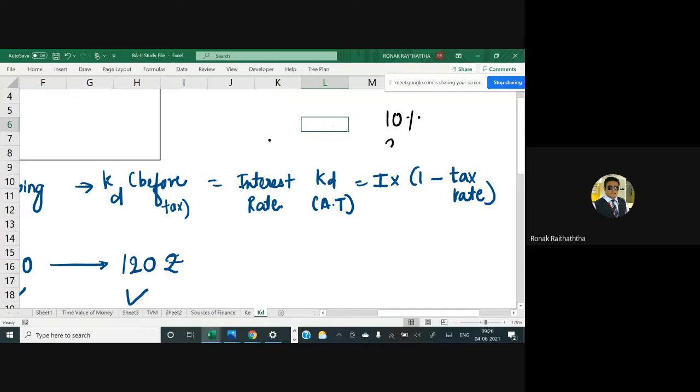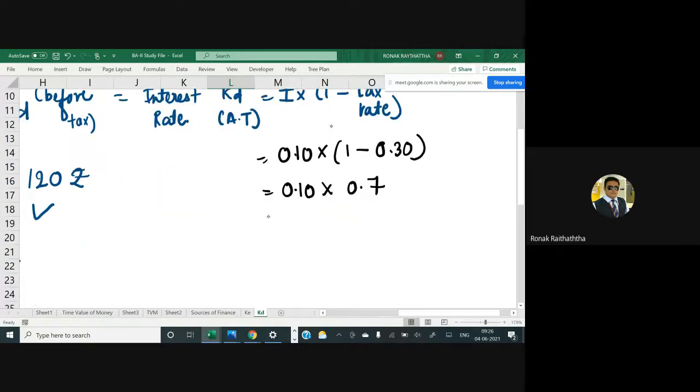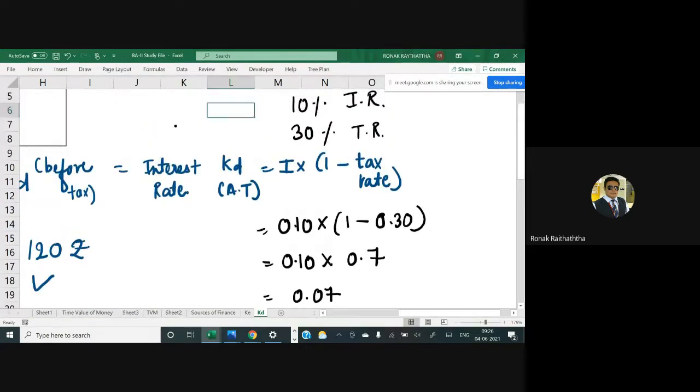And the tax rate is say 30 percentage. So interest rate you will straight away write at 0.10 multiplied by 1 minus tax rate. Tax rate is going to be 30 percentage, 0.30. So 0.1 multiplied by 0.7, so you reach 0.07. So you can also write it like 7 percentage is the cost of debt after taxation. Effectively, that is the cost you will be incurring, obviously, because you are doing the savings in the taxation.